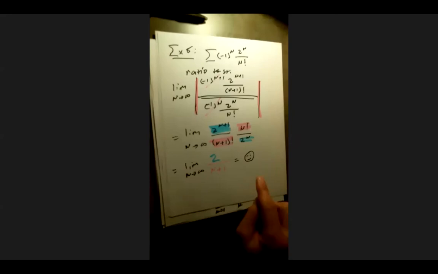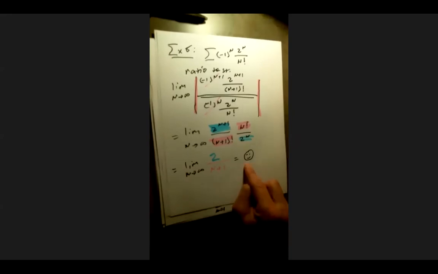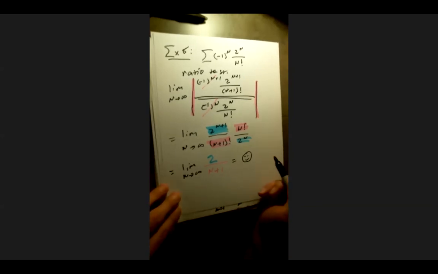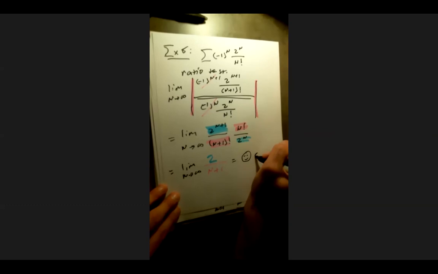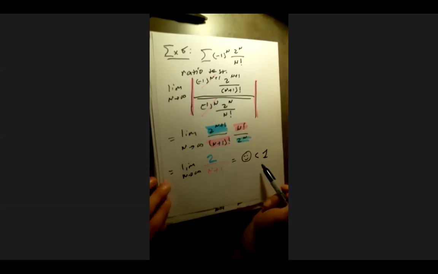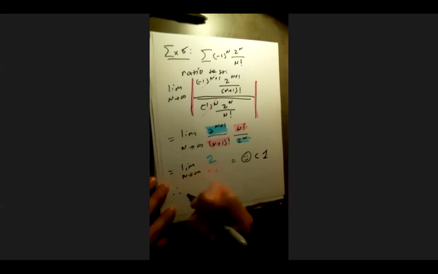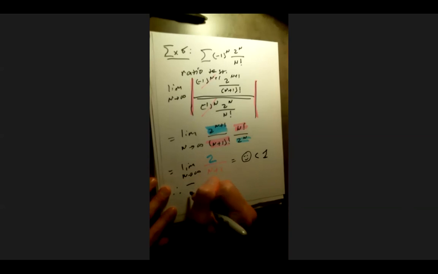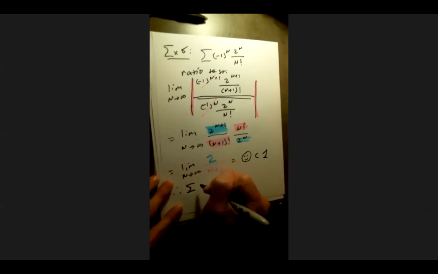Back where we were. In our context, what's important about zero? There's something really special about zero. It's less than 1. Since it's less than 1, what does that tell us? That it converges because it's less than 1. Yeah, so this tells us that the series